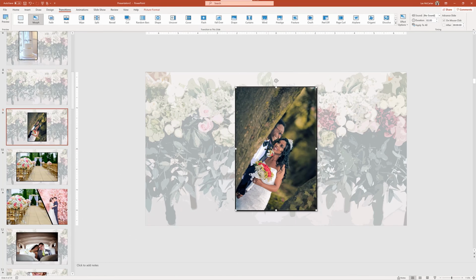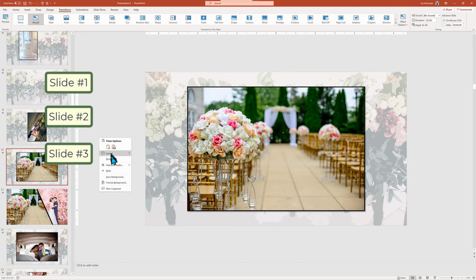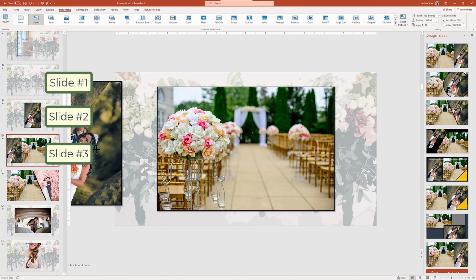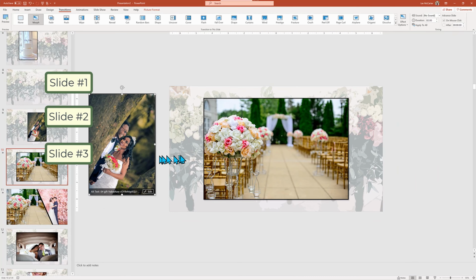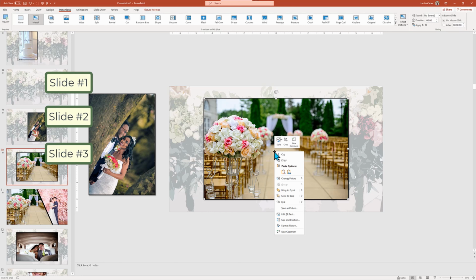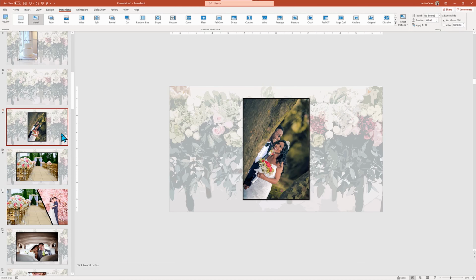I'm going to copy this couple pictures to the third slide, but move it to the far left off stage so that we will now have an exit motion for this picture. And then I'm going to take the image from the third slide and position it in the preceding slide 2 off stage for an entrance. So the image exists on 3 slides. One hiding stage right, preparing for the entrance. The image will then be on the next slide to complete the on-stage motion, and then the next slide to the far left off stage to create the exit motion.